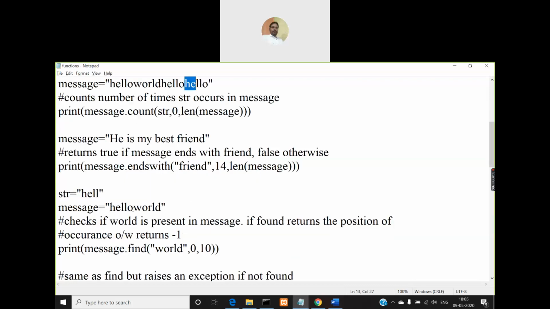Okay, then next I'm updating or modifying the message string variable to he is my best friend. Again the new memory location will be created for this because you are trying to modify. So he is my best friend is the string contained in the variable message now. Then I'm using a function called endswith. What is this function going to do? It is going to check whether a particular string upon which you called it